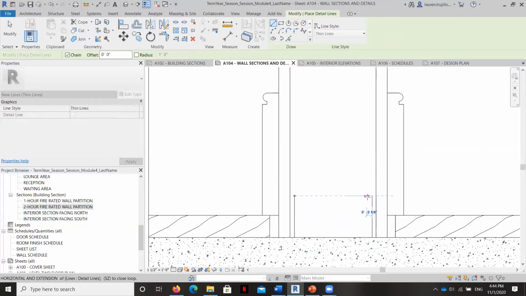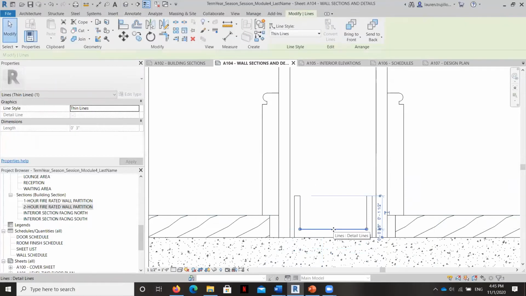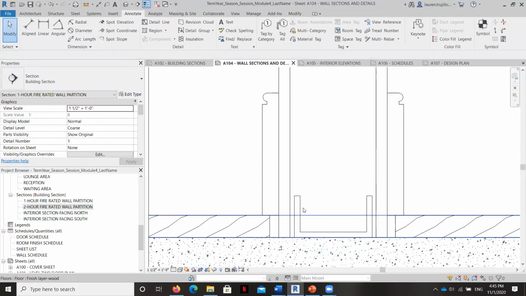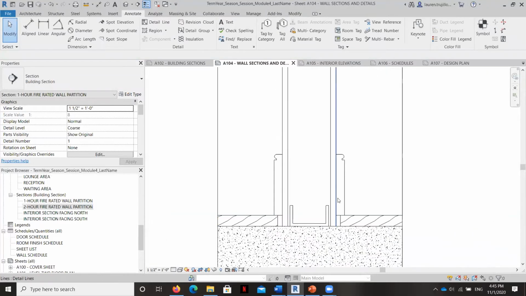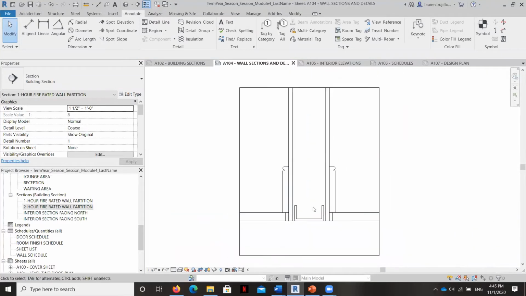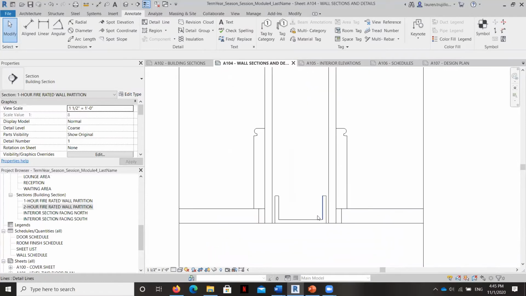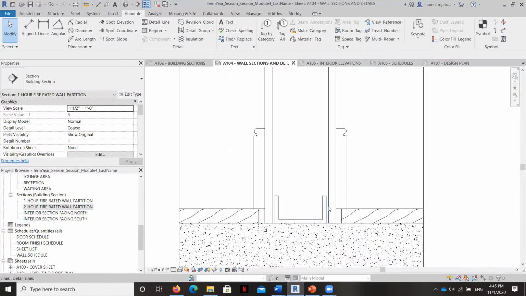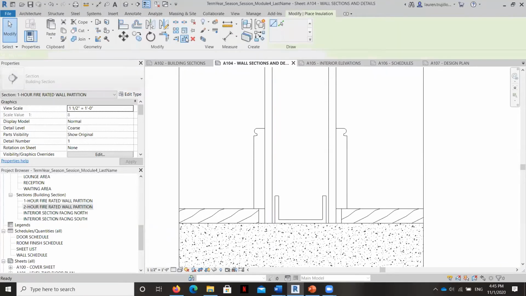And this is just a little piece of metal that's bolted into the slab to make sure that we can actually put our insulation and our other framing details and things inside of it. It's very, very thin. We've actually drawn it a little bit thicker than it needs to be here, but that's placed right there. And then the last thing that we need to do is add our insulation.